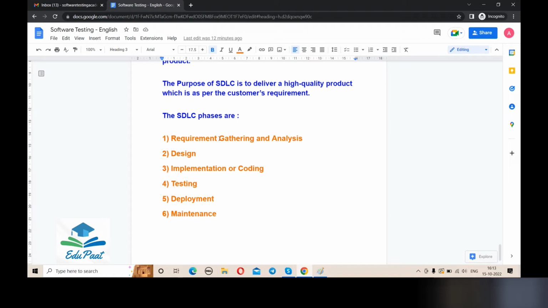So in this case, the requirement has to be clear, like what kind of transactions will be done, how it will be done, in which currency it will be done, etc. Okay, so once the requirement gathering is done and analysis is done to check the feasibility of the development of a product, if in case any ambiguity comes, then a call is set up